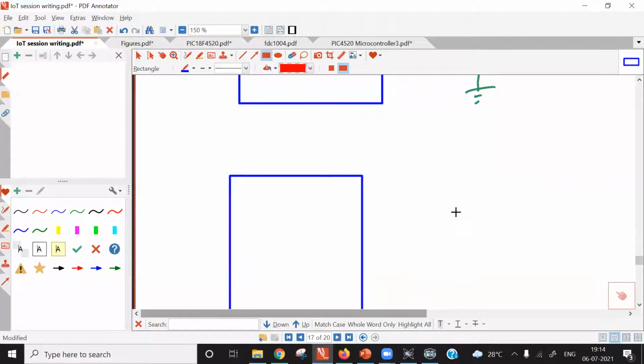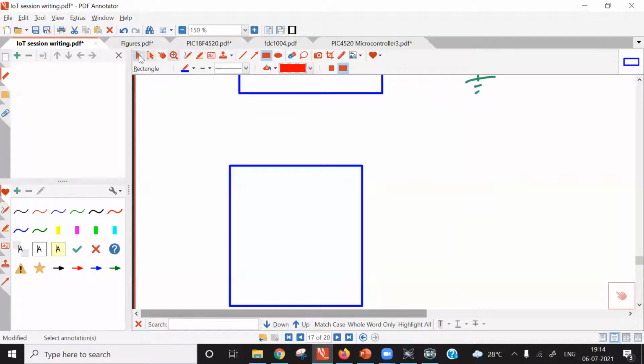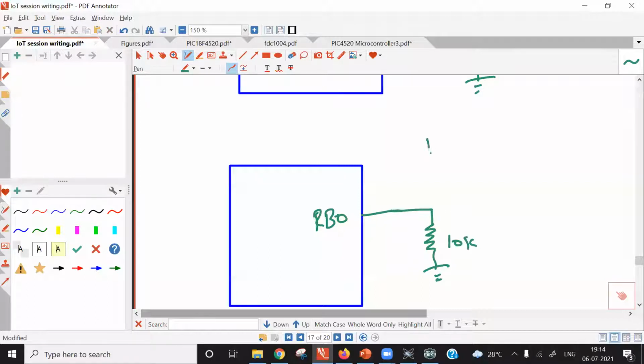again you have microcontroller. I am showing same pin. This is RB0 pin. Now what you need to do is you use here pull down resistor of 10K value and connect switch in between 5 volt and RB0 pin.